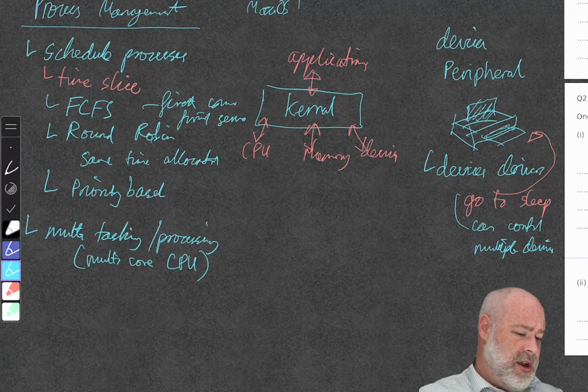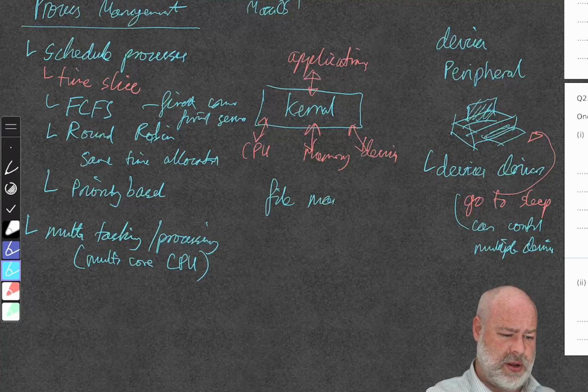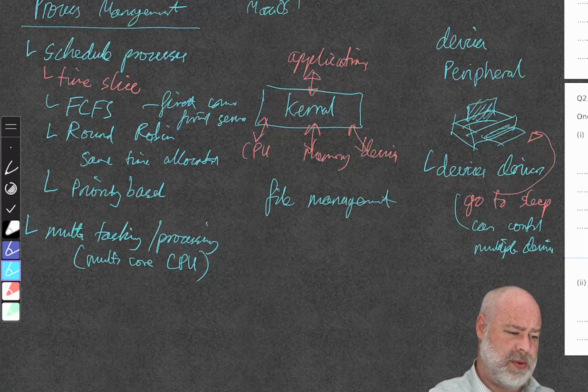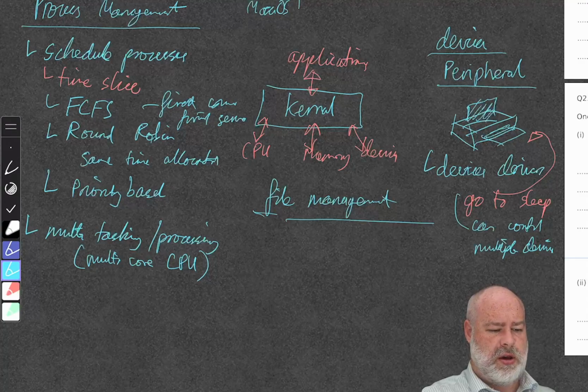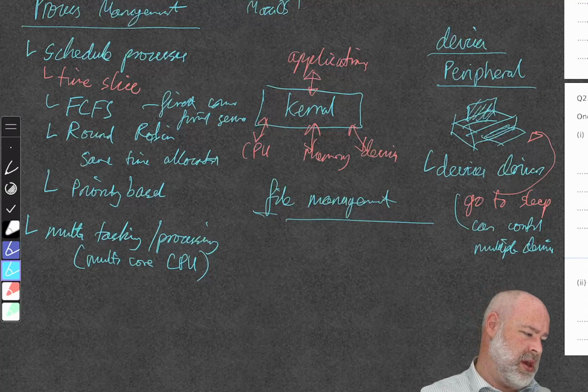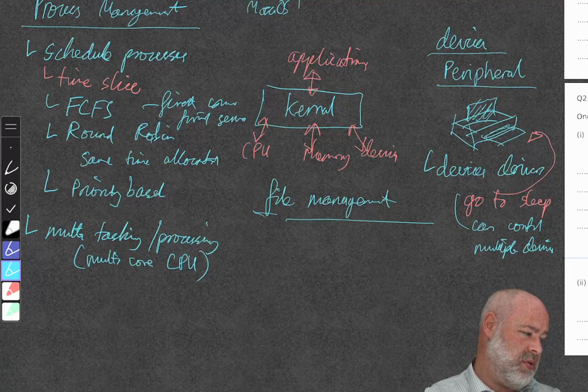So let's have a look at another feature of operating systems: file management. Okay, file management is another thing that operating systems need to do. So it will allow you to create, delete, move, save and copy files and allocate them to folders. And the important thing is here,